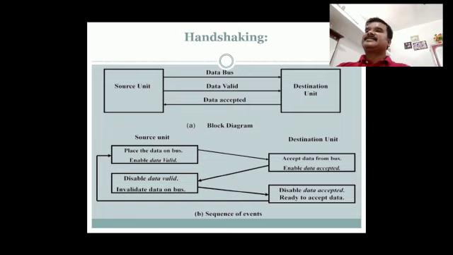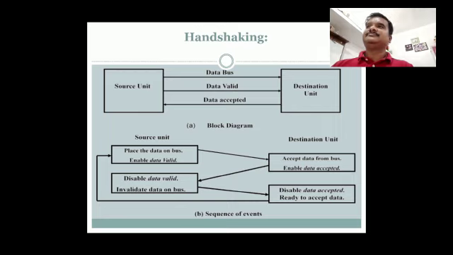Then the data accepted signal is activated. The data accepted signal is activated by the destination unit after it accepts the data from the bus. The source unit then disables its data valid signal and the system goes into its initial state.